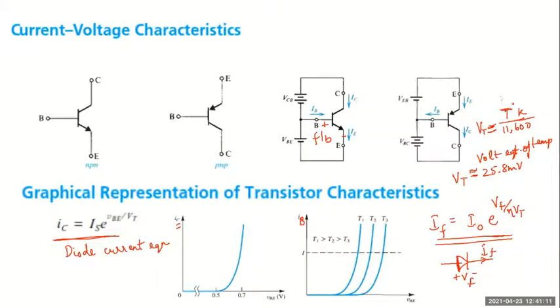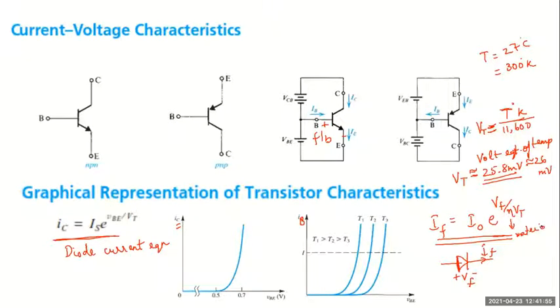So normally we'll consider room temperature as 27 degrees centigrade. So if I take the room temperature as 27 degree centigrade, in degree Kelvin, it will be 300 degree Kelvin, right? 27 plus 273. Yes or no? So this will be 300 degree Kelvin divided by this, which will approximately come to this value. You can always remember this as 26 millivolts. Remember, the Vt value is 26 millivolts, and this value neta is a constant which depends on the material used.